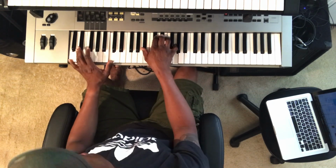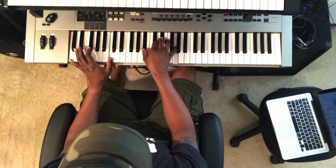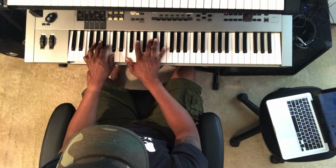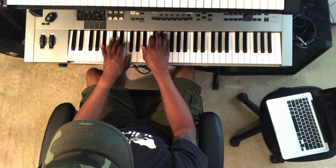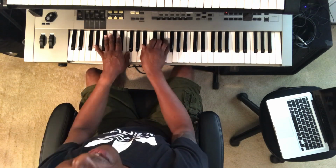Dropping down to a C minor 7: C, C, B flat, E flat, and a G. F minor 7: F, C, F, A flat, C, E flat, B flat, F, B flat, D to F. Just move your pinky down to the A flat,